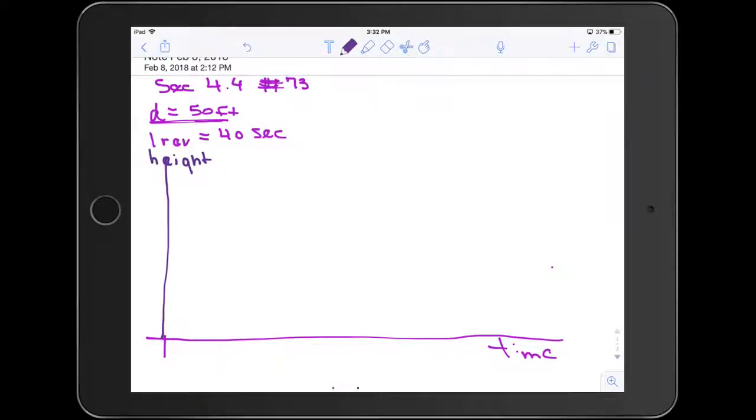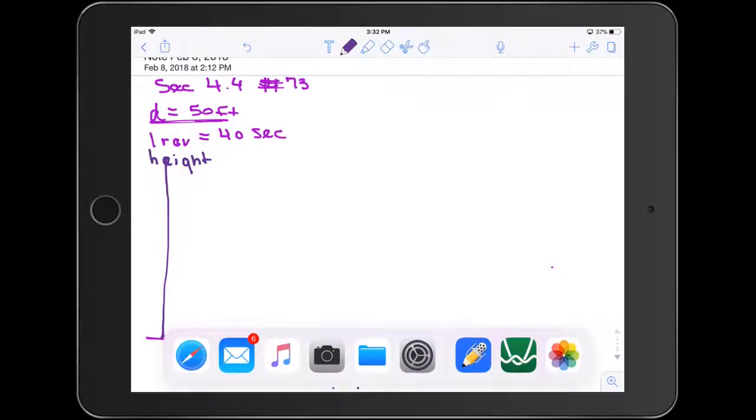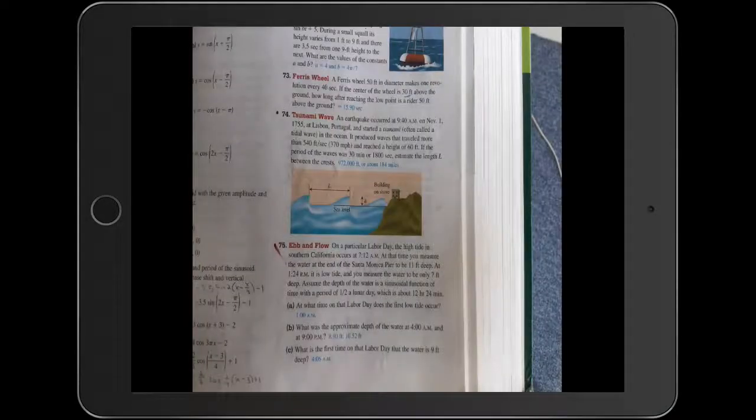Hi folks, I'm going to help you with section 4.4 number 73, that Ferris wheel problem. Let me just switch to actually reading it so you know which one I'm talking about. It's this one right there where it says a Ferris wheel is 50 feet in diameter, makes one revolution every